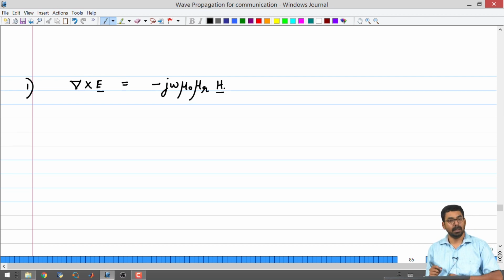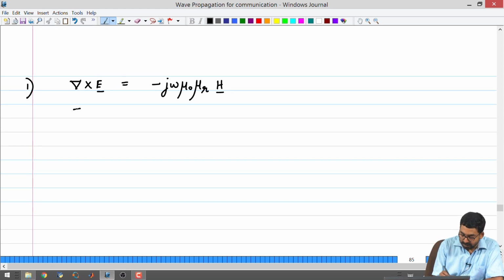The assumption here is that the electric field and the magnetic field are time harmonic, they are periodic, and the expression will be E naught e to the j omega t and H naught e to the j omega t. So when you take a derivative of H naught e to the j omega t, you get j omega H naught e to the j omega t. So we have just marked H naught here. Again, this part is exactly the same as what we did with transmission lines. There we would have had a voltage which was a sinusoid. Specifically, we took a cosine and then we take the real part of e to the j omega t. So the same thing is being done here.